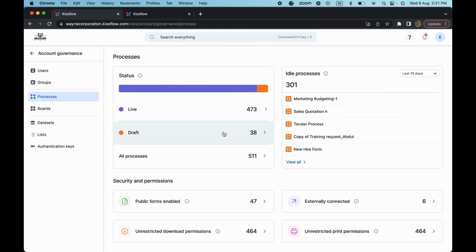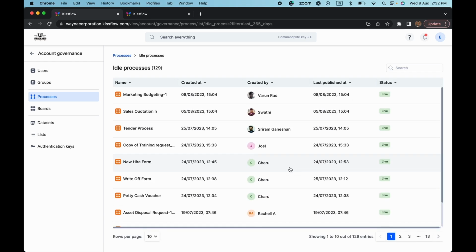So moving on to processes, this gives you an overall idea as to how many processes have gone live, how many are in draft, and the total number of processes available in the system. And you can also take a look at all the processes that have been idle for the last 15 days. You can even go back to, let's say, 365 days and say, okay, you have 129 processes. You have the names. You can also see who the creators and admins of these processes are,